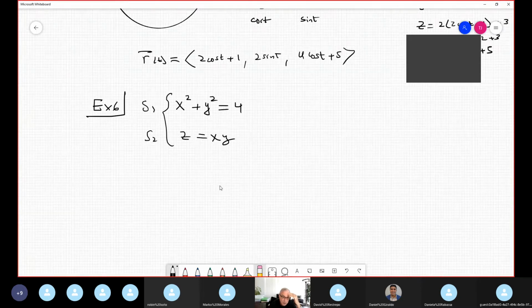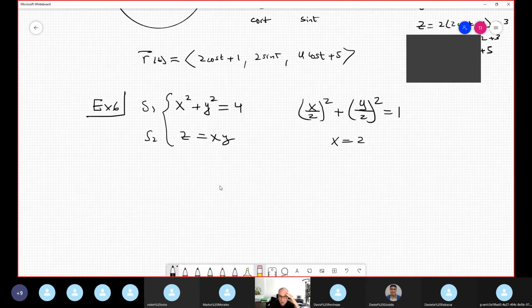The goal again is parametrization and representation as a vector value function. So one more time, we use the idea that this is a cylinder and in 2D it is a circle. So x over 2 squared, divided by 4, plus y over 2 squared equals 1. Then I know that x is equal to cosine t, y is equal to sine t, good. And c is the multiplication of this and this, which is 4 cosine t, because 2 times 2 is 4, cosine t, sine t. You can leave it like that,